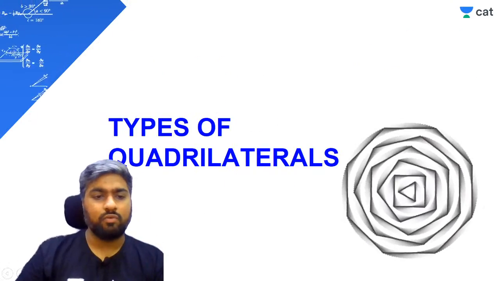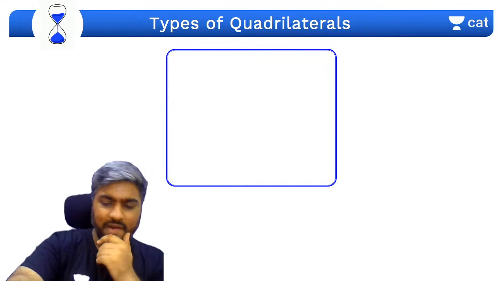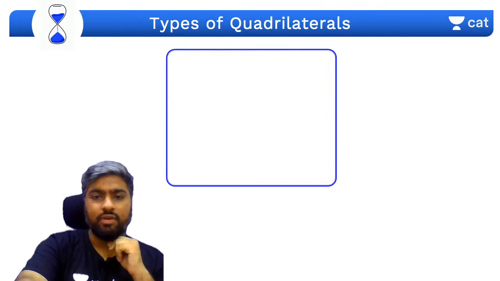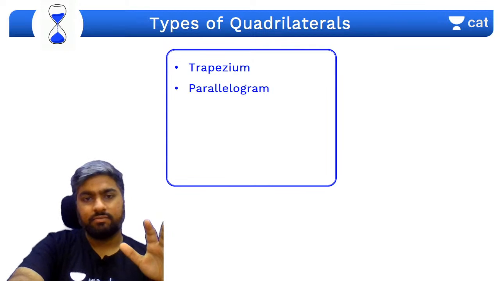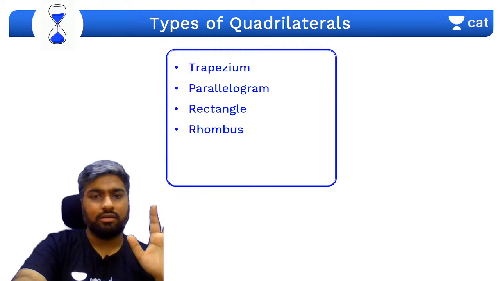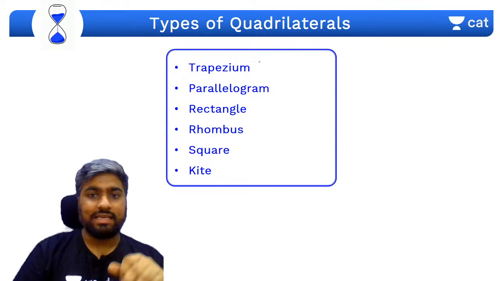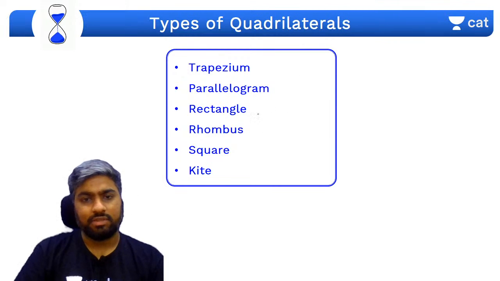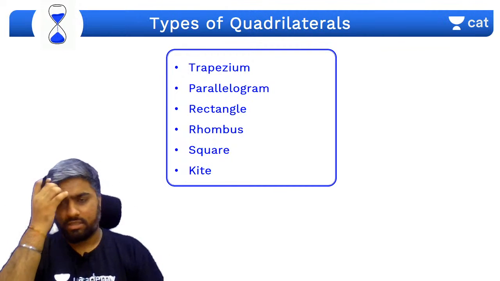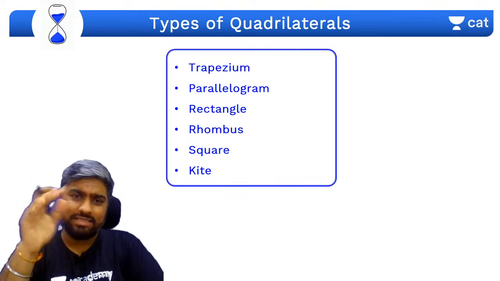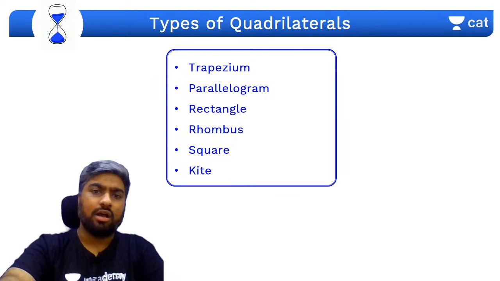Right. Now let's move on to the different types of quadrilaterals that we have. We have all learned this, but if you missed any piece of information, or have any second thoughts about it, we'll talk about it. So we have trapezium, parallelogram, rectangle, rhombus, square, and kite. Each of these has something or the other in common, so we can't really put this in a flow chart, because something is common, not always everything. So we'll talk about each of them.